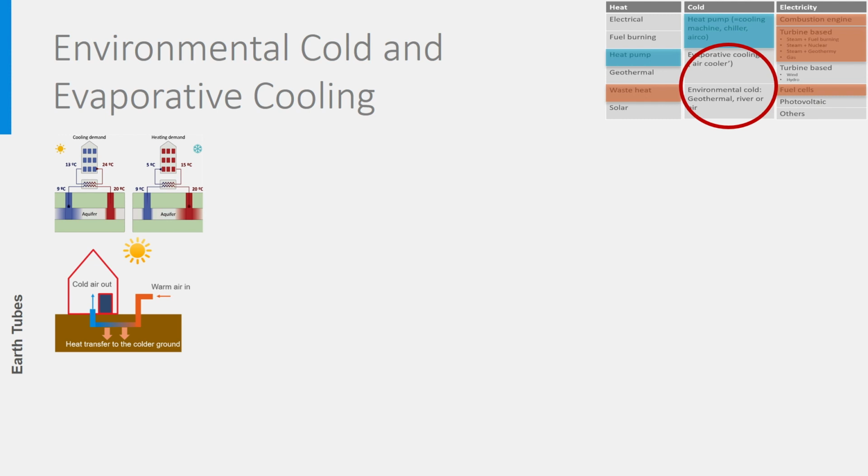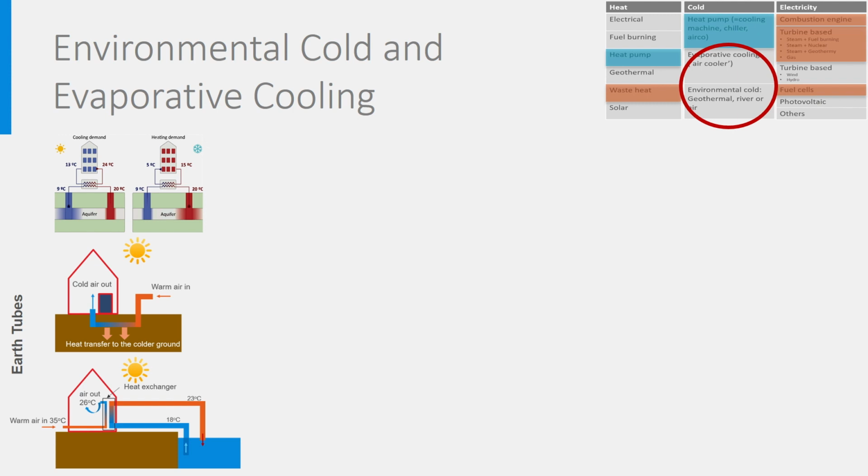Instead of the ground, it is also possible to use surface water like a pond, a river, a lake or a sea. Their temperature is generally lower than the outdoor air temperature during summer. For instance, river water can be used to cool indoor air using a heat exchanger. In many countries, there are regulations about the maximum temperature at which the water is re-injected into the river, lake or sea. This maximum temperature is around 25 degrees or even lower, limiting this way the available power. The aim is to protect the fauna and flora in water, which could be harmed by too high temperatures.